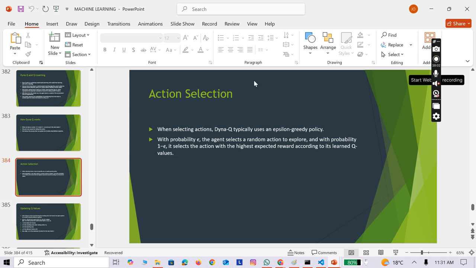Yeah, so when selecting actions, the agent typically uses an epsilon greedy policy. And what did you say about the epsilon greedy policy? We said that in this greedy policy, we are always